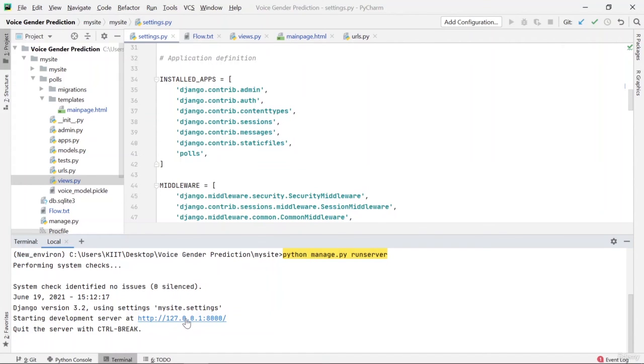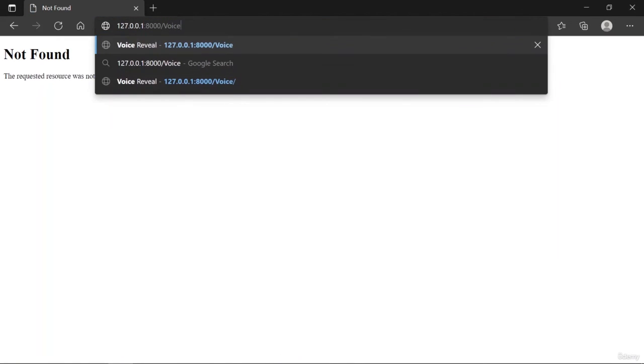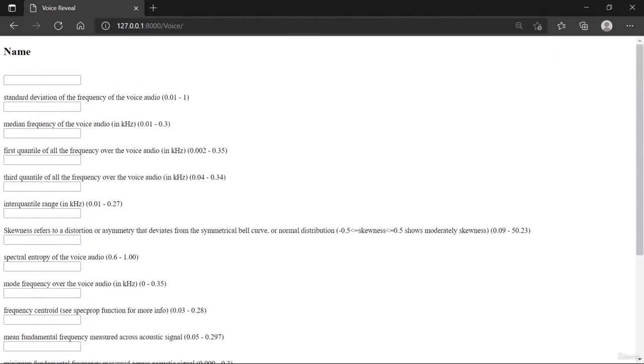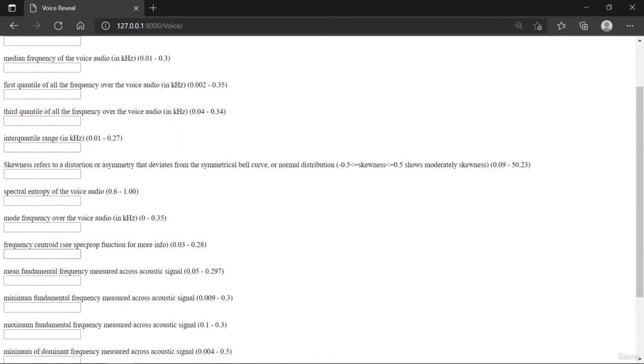If you click on the link that is provided here and type voice, you can see that the page has been rendered.